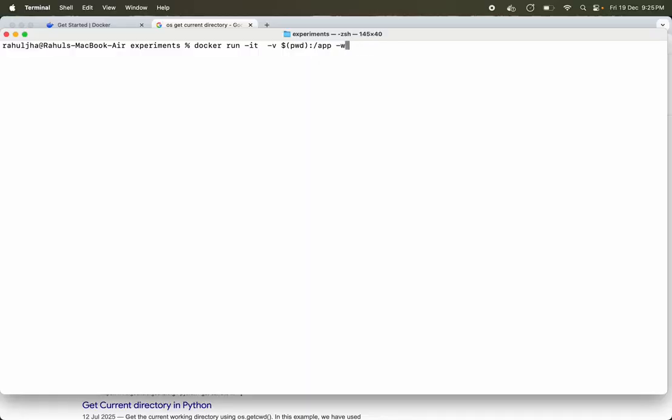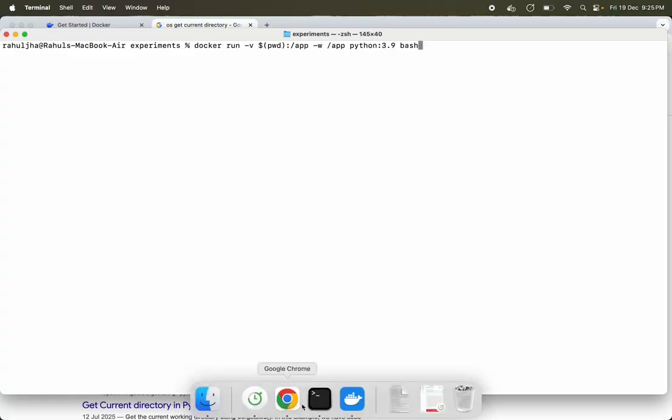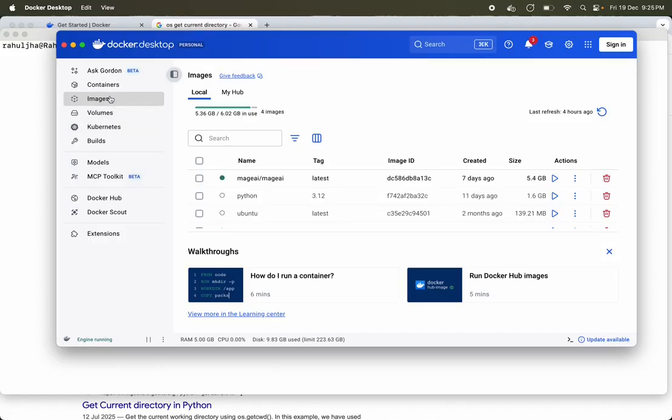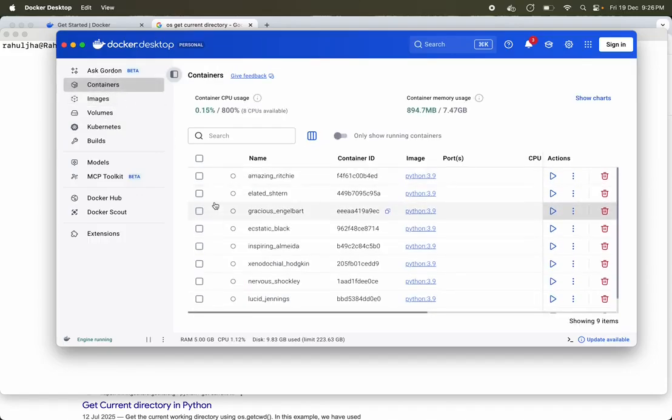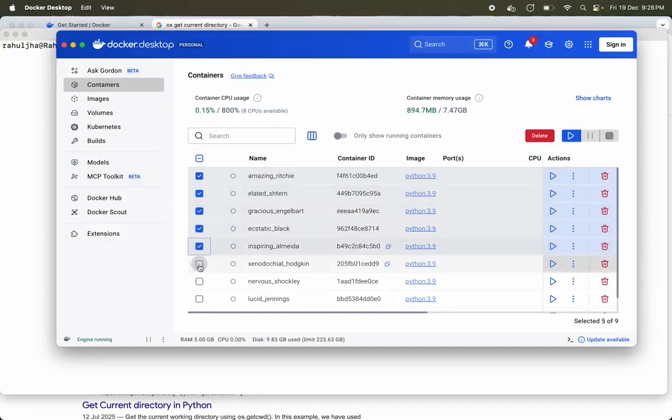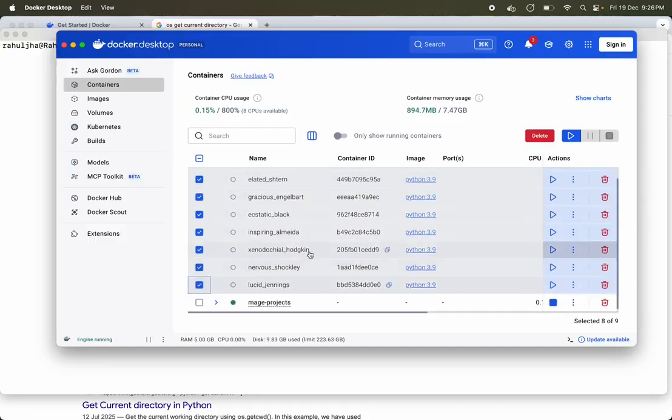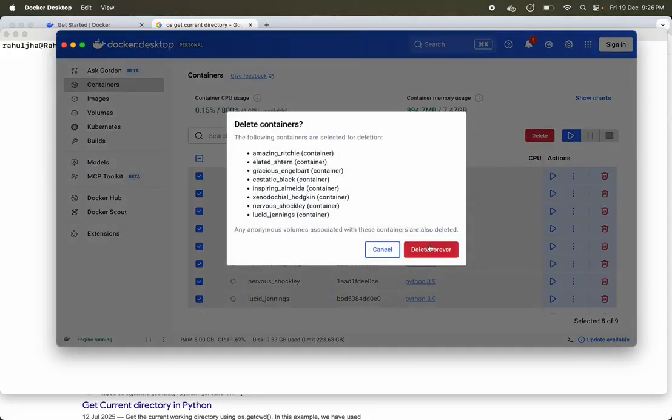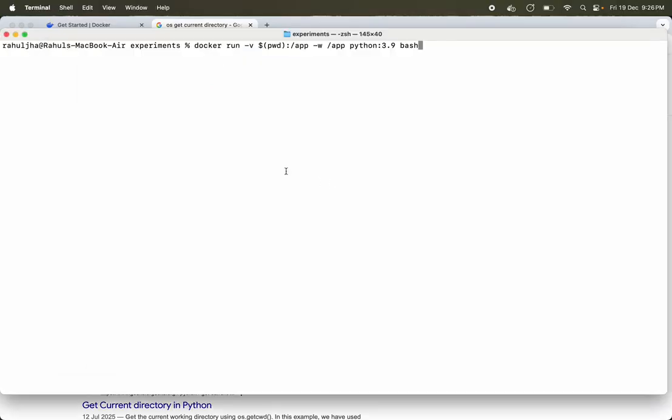which is quite powerful in my opinion. Suppose you want to test certain features of the new versions of Python. How can you do that? You have to install, maybe create virtual environments, or maybe install a new version of Python and things like that. But with this, one thing that I want to show is, if I go inside the container, you see all these containers appearing. Why? Because by default, if I stop the container after use, it does not delete itself automatically. Can I enforce it? Let me show you something first.